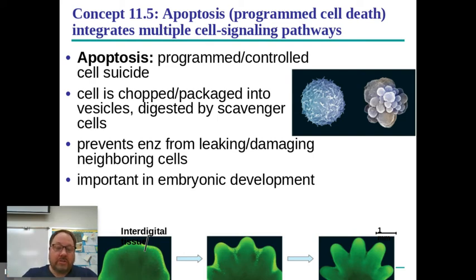Now, that actually does serve multiple purposes. What if you have a cell that has a leaking lysosome and it could potentially cause some damage in the cell? Well, you've got to get rid of it. What if you have a cell that has highly damaged DNA that could cause out of control cell growth? Okay, well, you destroy it. What happens if you have misfolded proteins that could glom together and destroy materials inside the cytosol or cytoplasm of the cell? Okay, you've got to destroy it. So there are circumstances in which you have to get rid of cells. So apoptosis is a way for a cell to be like,